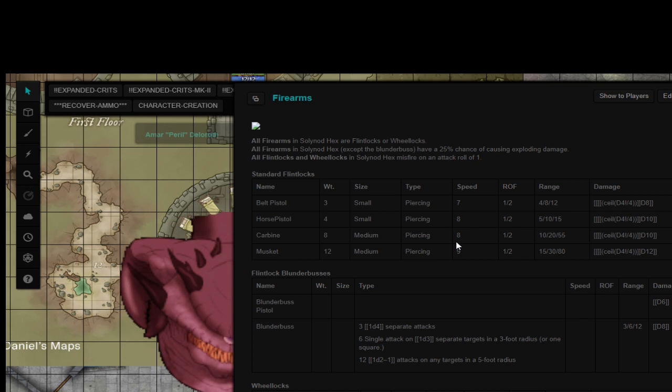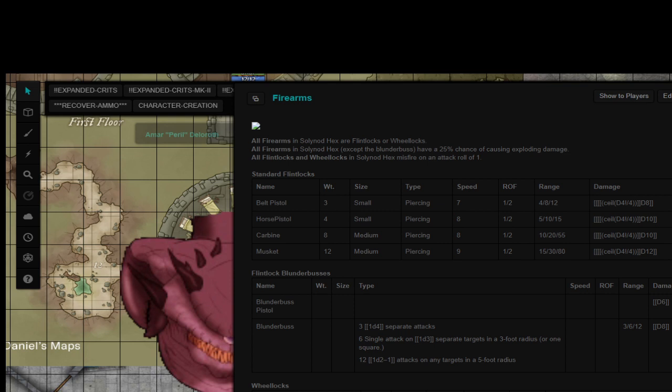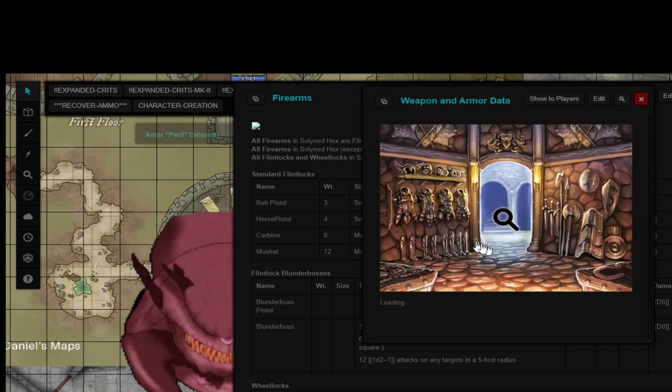Let's see. Why am I looking in there? I have a handout right here. Weapon and armor data. Okay, so